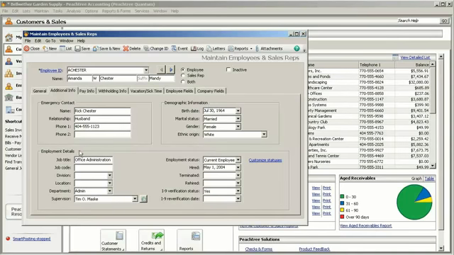And then employment details. Down here you have things like job title, code, division, location. Starts to be more applicable to the larger end of small businesses, but you may want to better organize your organization, especially if you have multiple departments or even locations. You can also specify a supervisor here by selecting from a list of all the other employees within your Peachtree